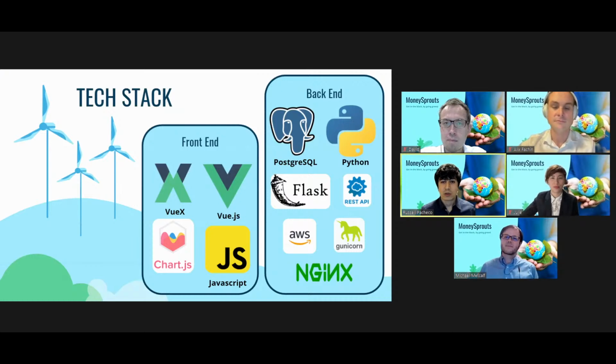So starting with the front end, our language of choice was JavaScript, and we used a Vuex framework for the creation of the web app. We decided on Vuex since some of the team was more familiar with this framework and the other remaining members wanted a new challenge. You can also see that we used chartJS,